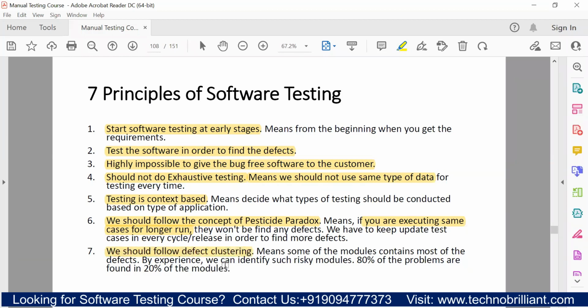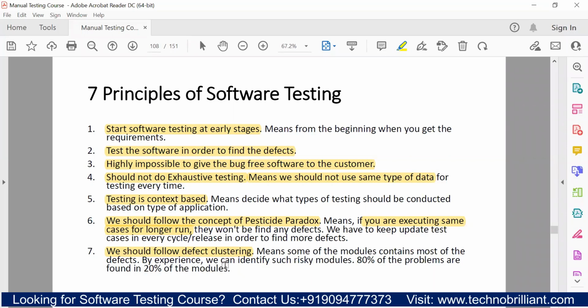And the last but not least, we should follow defect clustering। it means सॉफ्टवेयर में है ना कोई मॉड्यूल ऐसे होता है 20%, जिसमें 80% ऑफ प्रॉब्लम हमें मिलते हैं। मतलब कोई ना कोई ऐसे सेंसिटिव मॉड्यूल्स होते हैं सॉफ्टवेयर में, जहाँ पे सबसे ज्यादा डिफेक्ट मिलने के चांसेस होते हैं। तो वहां पे हमें मेनली फोकस करना है, क्योंकि अगर आपके एप्लीकेशन में 100 नंबर ऑफ डिफेक्ट्स है, तो आउट ऑफ दैट 100 डिफेक्ट्स, 80% ऑफ डिफेक्ट शुड बी फाउंड इन सम मेजर मॉड्यूल्स। तो हमें उन मेजर मॉड्यूल्स पे ही ज्यादा फोकस रखना है, सो दैट maximum number of defects get identified during testing only।